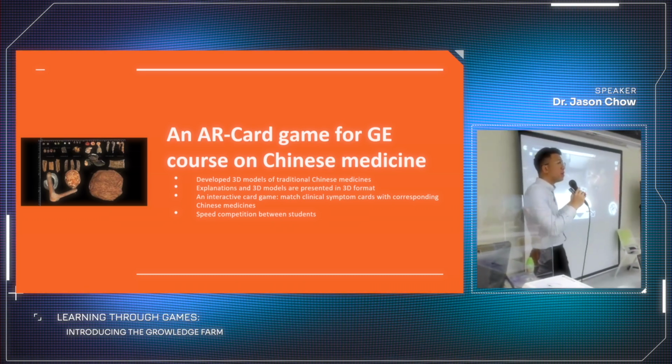And then the participants, the players, actually need to follow the procedures and do the task according to the instructions. And then if they perform the task correctly, then they can move on to the next task.